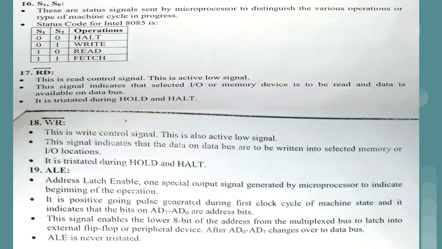So basically when we are making use of address buses and the data buses, this is one of the important pins which is set. If address latch enable is set to high, at that time we are making use of the AD7 to AD0 address buses. This signal enables the lower 8 bits of the address bus. Lower means AD0 to AD7 are the lower bit address bus, and AD8 to AD15 are the higher order address bus. So in this situation we are focusing only upon the AD7 to AD0 address bus.